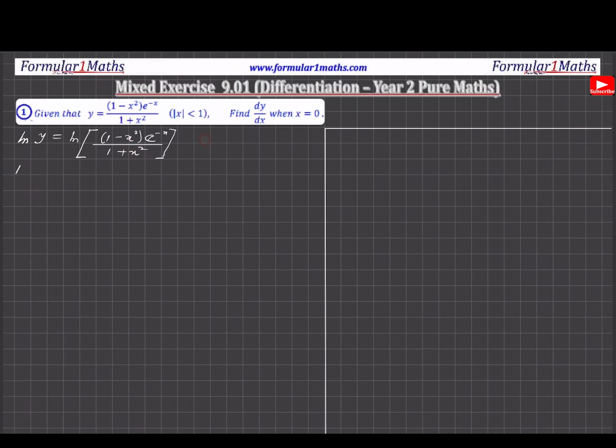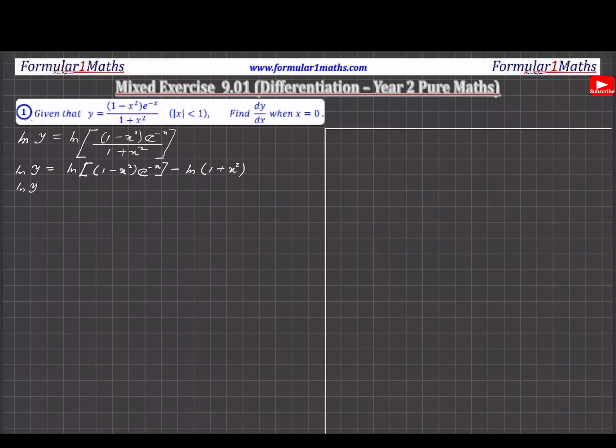So I have ln y is equal to ln [1 minus x squared, e to the power minus x], I close my square bracket, minus ln 1 plus x squared. I'll continue to simplify this term using the laws of logs again, and I'll get ln